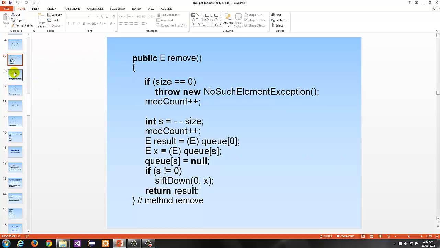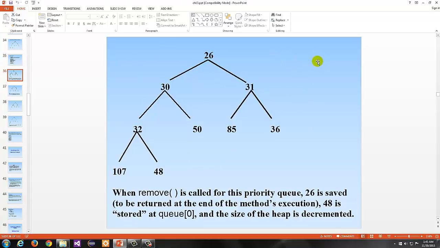When you remove and you want to maintain the heap property, you use the sift down. So sift up is when you're inserting, sift down is when you're removing an element. So for example, if we call remove on this priority queue, the 26 will be saved. The 48 is stored at the queue location. So basically you take the most far right element, which is the 48, save the 26 elsewhere to be returned,